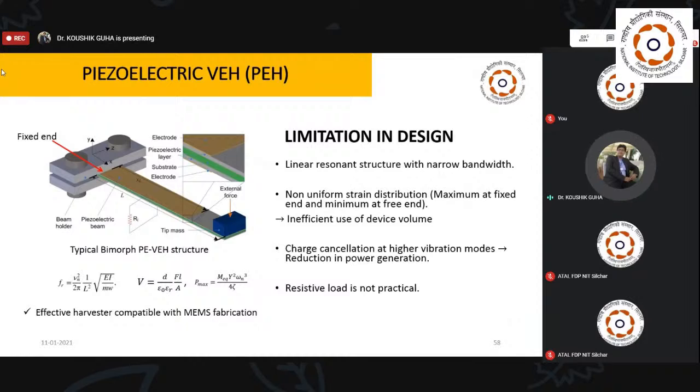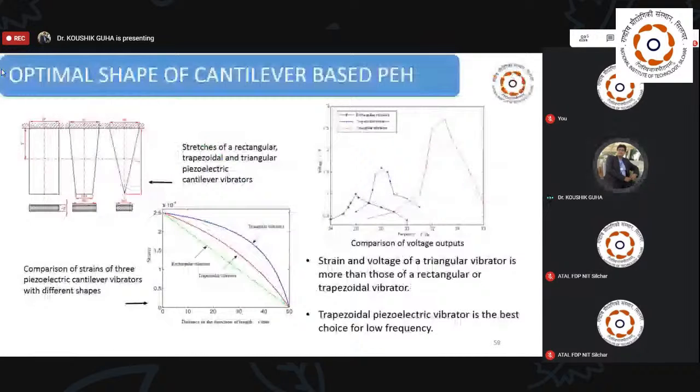So these are the actual limitations in our present design of the piezoelectric vibration energy harvester. So what is the way? Here we want to develop an optimal shape of the cantilever-based piezoelectric energy harvester. We are not using the so-called rectangular shape, because the rectangular shape has a limitation in strain distribution. But if we shift our structure from rectangular to trapezoidal or triangular, then from the literature it is proved that